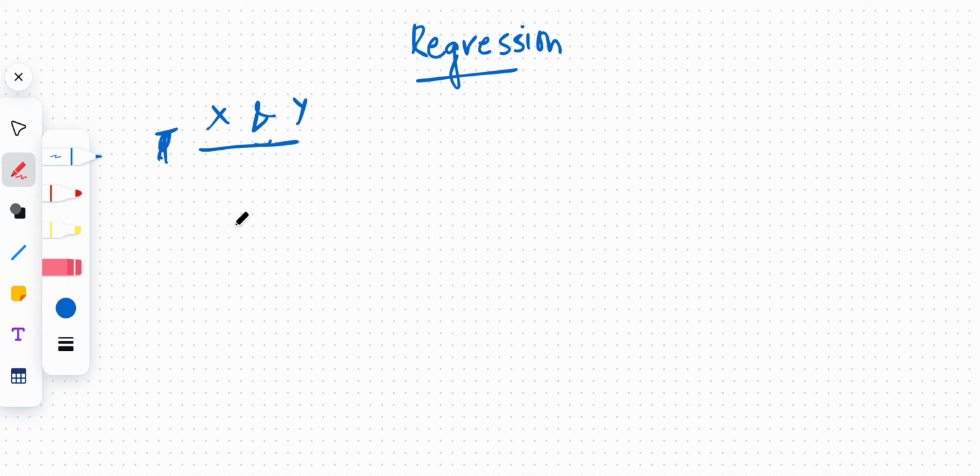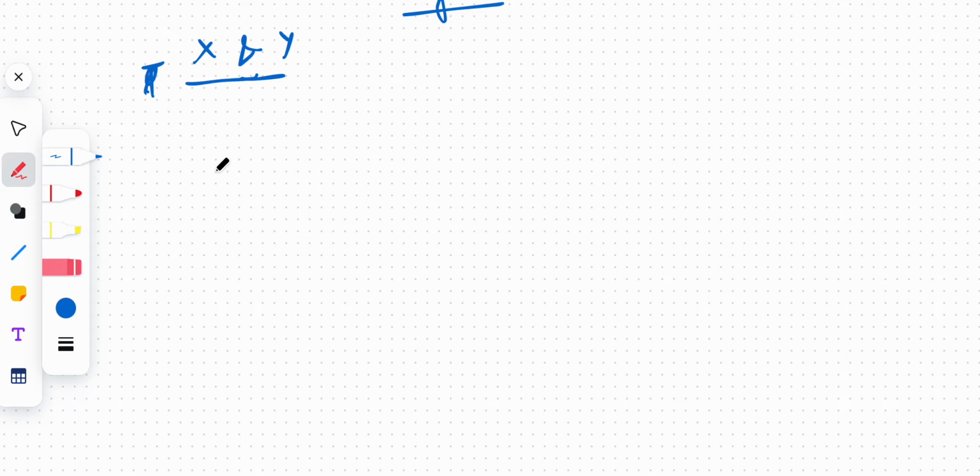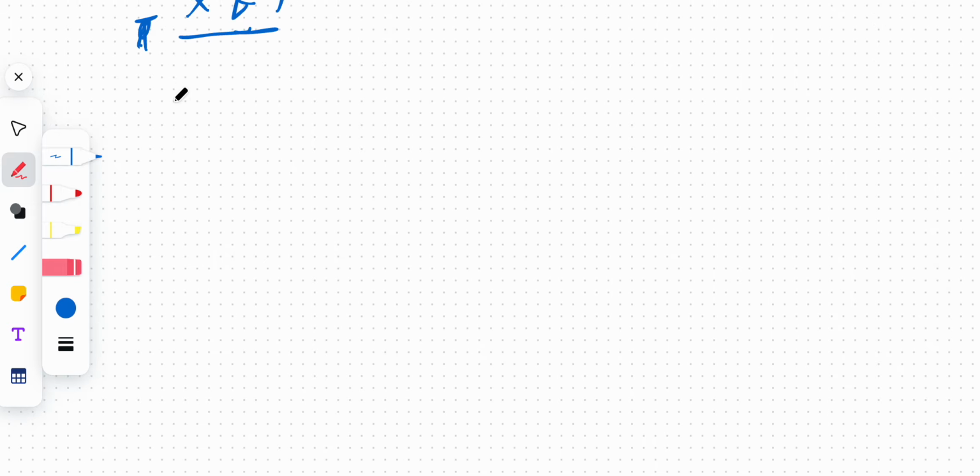Then how will I have four different kinds of lines is what we are going to do. If the true relationship between x and y is, assuming that y is the dependent variable and x is the independent variable, this will go like